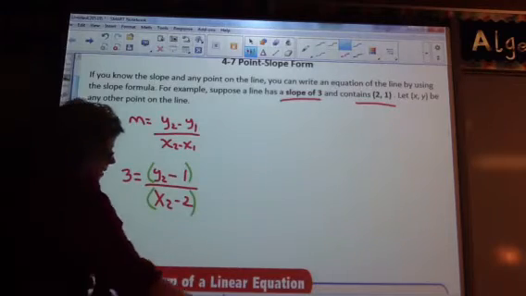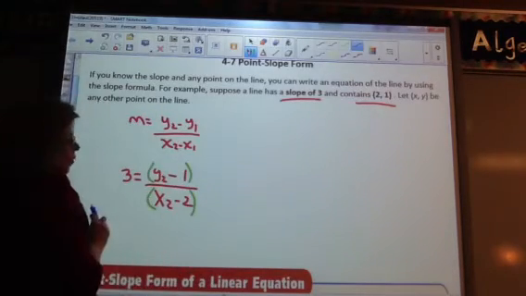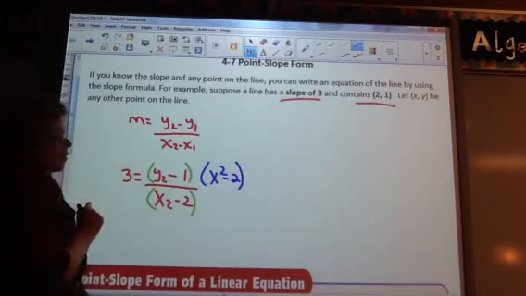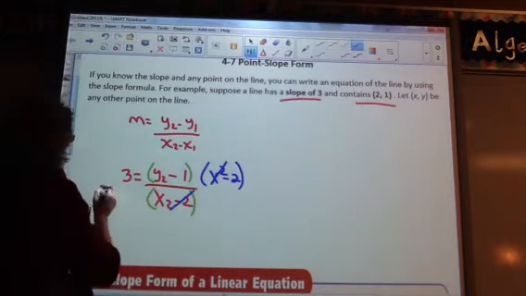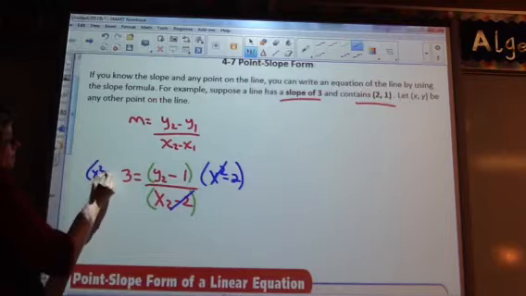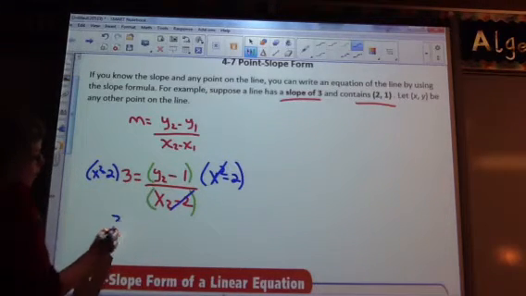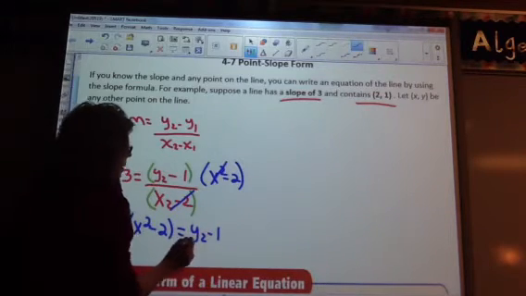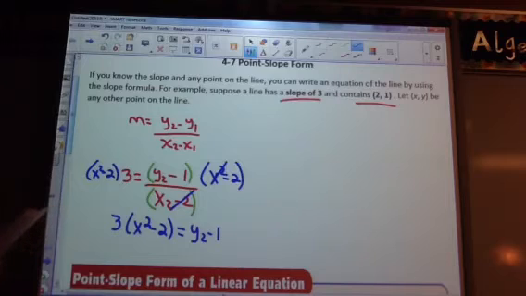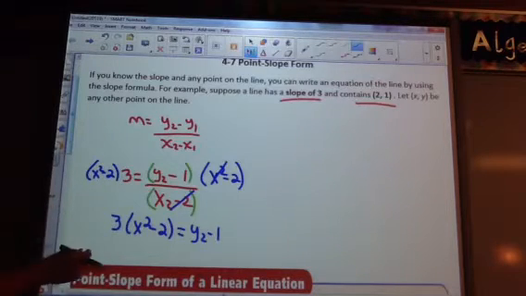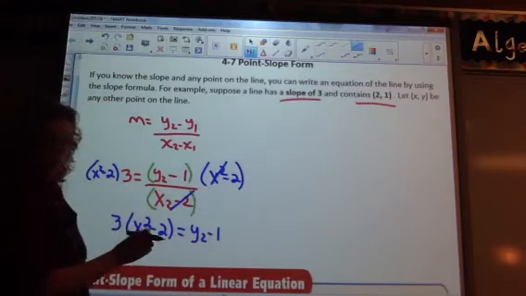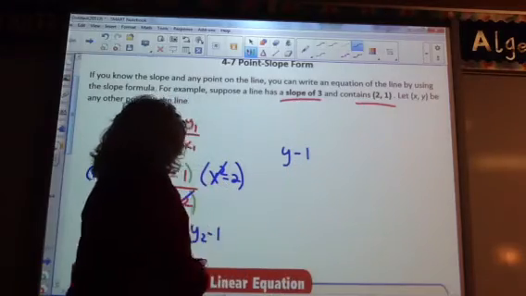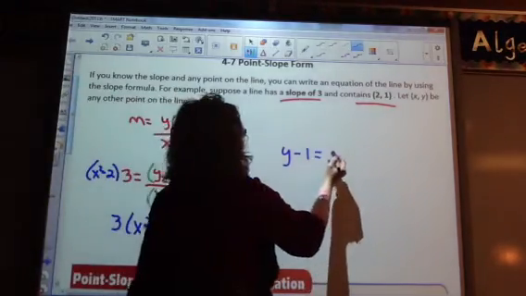So let's cancel out this denominator. How will we cancel out an x minus 2? Well, you would multiply the right side by x minus 2. These cancel out to 1, so I do the same to my left side. Okay, so over here I have 3 times x minus 2 equals y minus 1. Okay, now let's go ahead and use our reflexive property and move our y to the other side. So y minus 1, I'm going to drop our subscript number, equals 3 times x